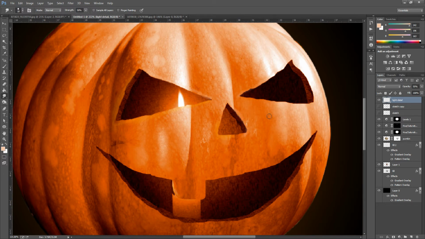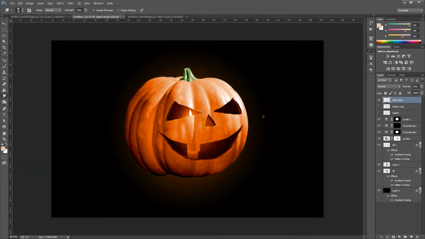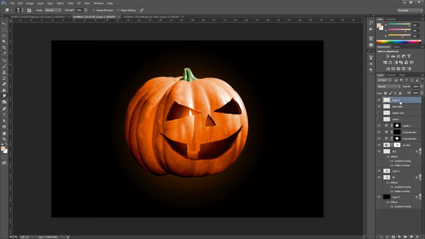Now once you have done that, we're just going to zoom out, see how it looks, and it's looking pretty good at the moment. So the next thing we're going to do is add a new layer, so new blank layer, bottom right hand side, click that, and we're going to change the name of this to Dark Details.